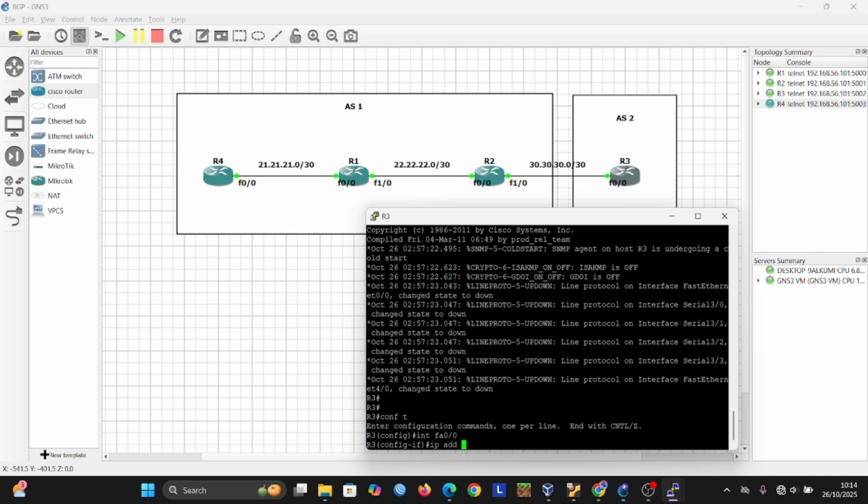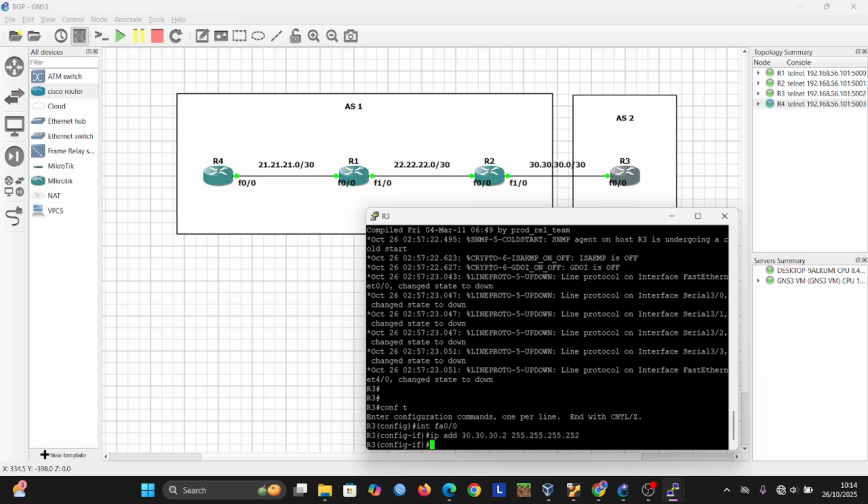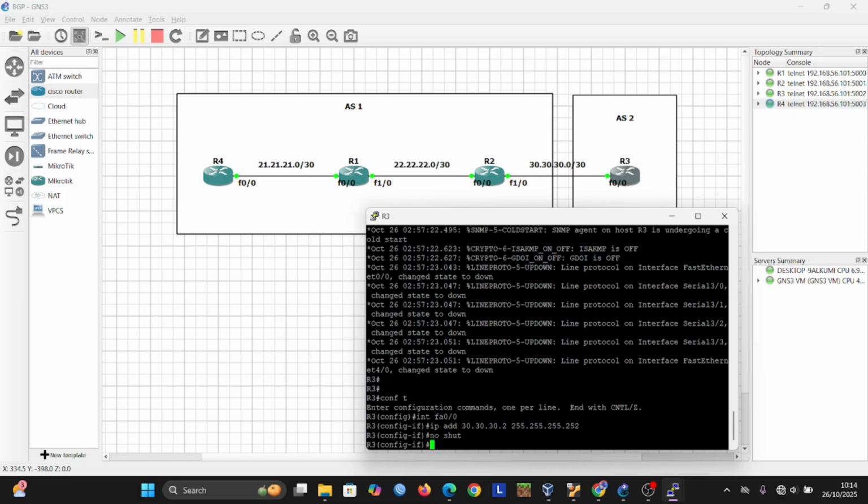IP address, actually 2, because in router 2 we use point 1, and this is 30, we use point 2. Okay, we add the mask and exit.